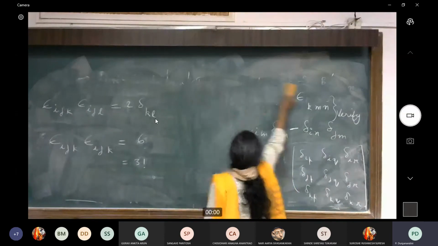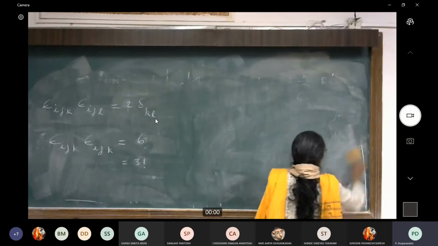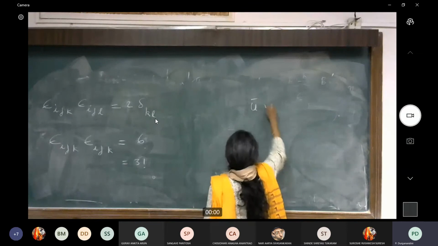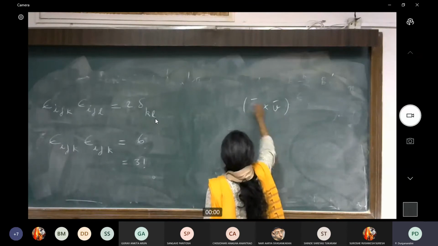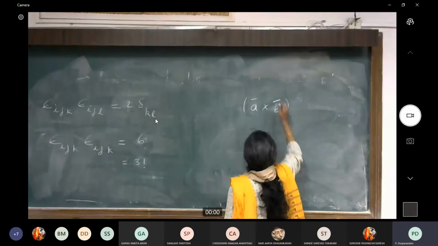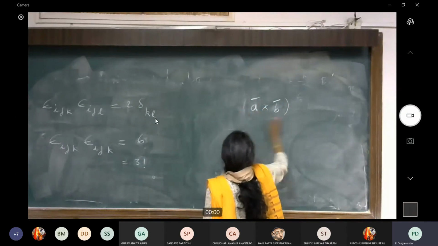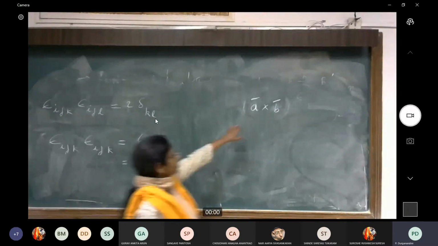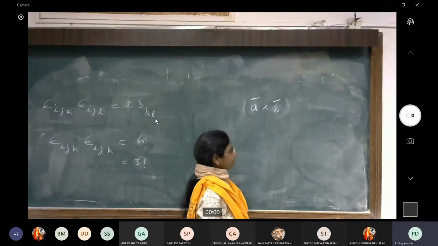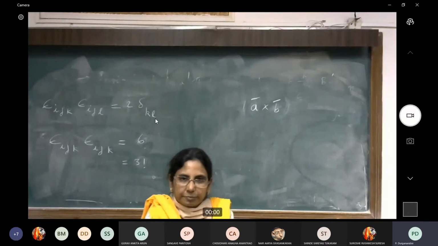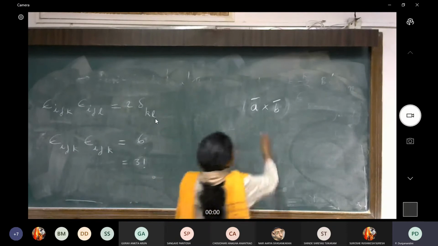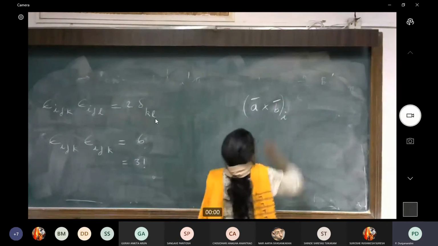Some uses of the Levi-Civita symbol, or the Levi-Civita tensor, are the following. Let me consider now our usual, suppose I have 2 vectors. Instead of using U, I'll use A cross B. Now, this is again in 3-dimensional space. A and B are our usual 3-dimensional vectors. You know that I can construct a cross product. We talked of inner products, but I also can construct a cross product. How will this transform according to our usual geometry? A cross B, what kind of an object is this? Vector. This is also a vector, fine. So which means it should have 3 components.